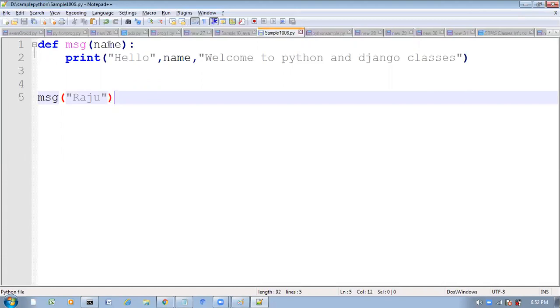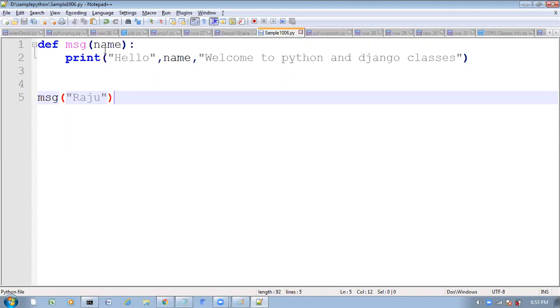For that, what modifications do I have to make here? I want to change the output based on the name.